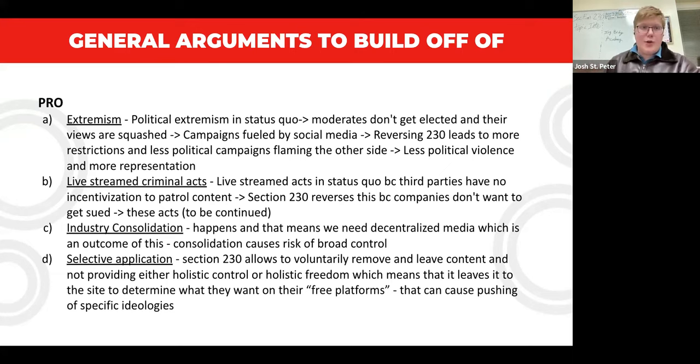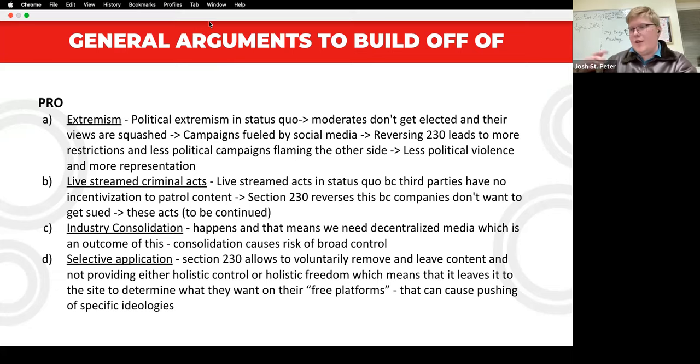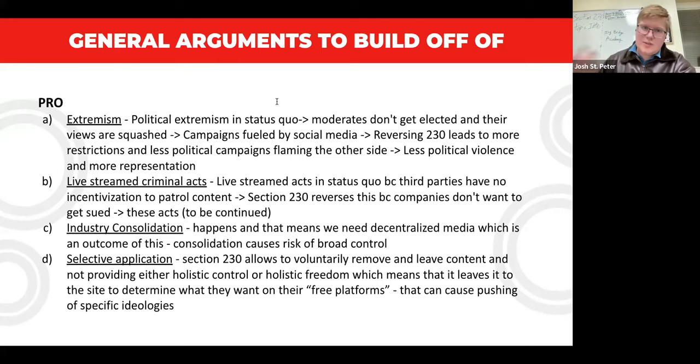So you can turn a blind eye, you can look whenever you want, and realistically, they're looking the entire time, but they're allowed to pick what is left after they see it. This can cause pushing of specific ideologies, which can cause arguments like hate speech or different ideological arguments, like any electionist argument could potentially even work here. You probably could make some argument about how Facebook or Twitter pushes the election a certain way. This is probably the broadest argument you could have, and you could use any input with it. Just something where selective application could somehow cause a certain ideology to be pushed, which is a pretty cool pro argument. If you want to go to the con ones now, I got those up.